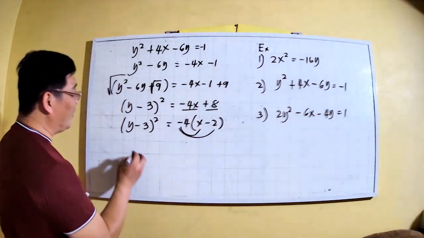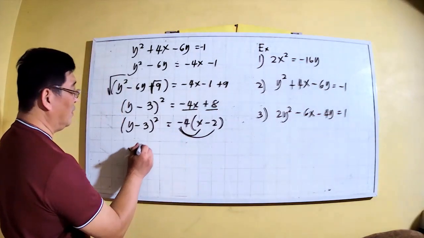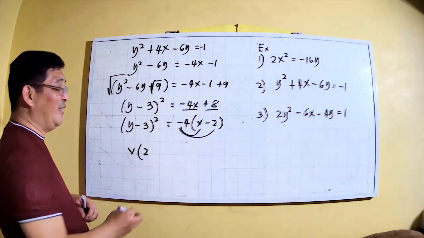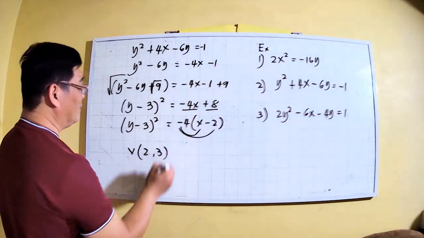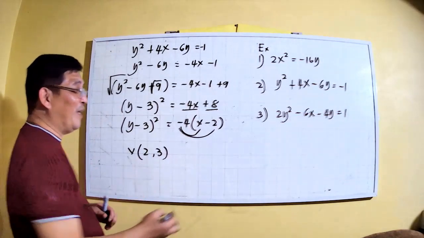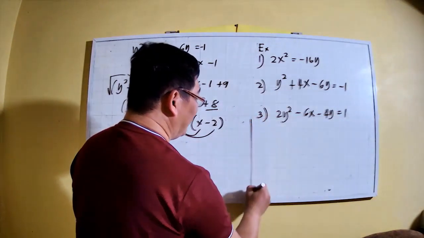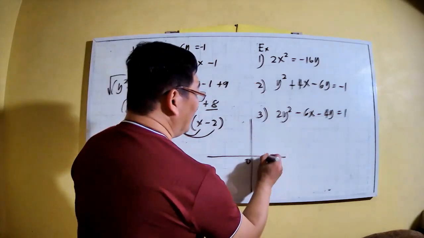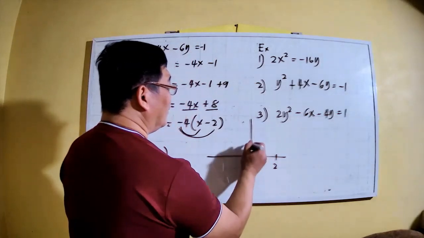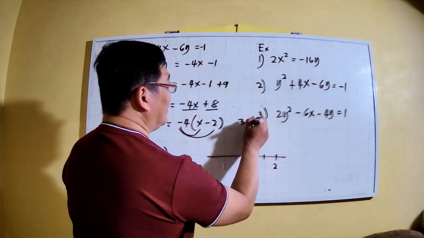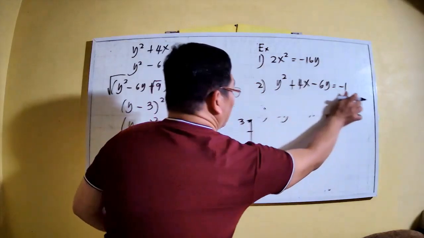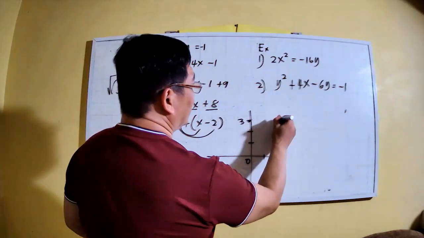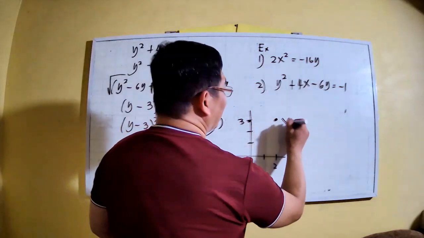Meaning, we have our vertex at ito yung x, 2, negative doon, positive sa coordinates, 3. So i-graph natin, i-plot natin kung nasaan yan. 2, 3. 1, 2, 3. So ito yung vertex natin. Vertex is at